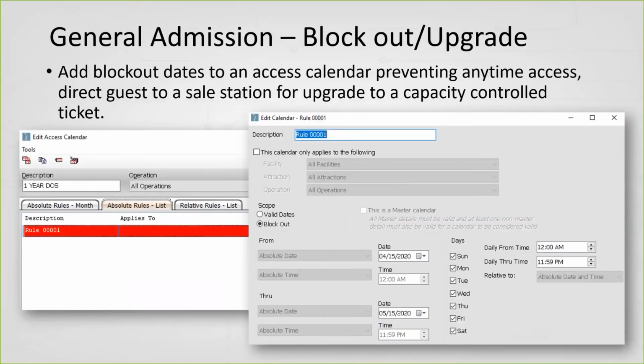These next two slides are really going to talk about what we can do with existing general admission holders. So there's really two common paths to dealing with them beyond some more complex configurations. The first is to set up blackout calendars on their tickets. So in this case, my general admission ticket, I've gone ahead and added a blackout calendar between April 15th and